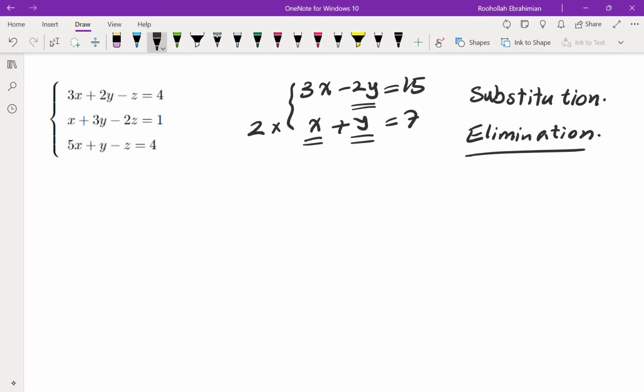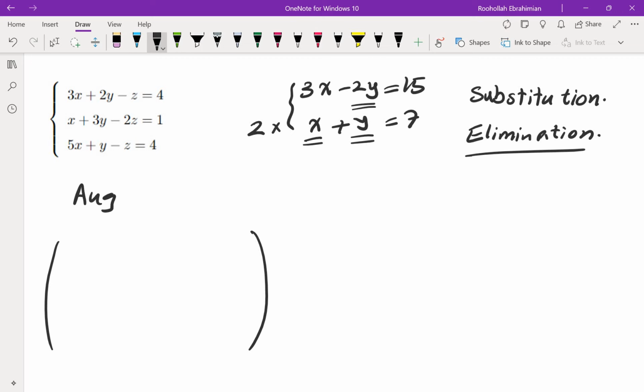So how do we organize our work? Really, if you think about this example, I have three equations and three variables, and that's what I'm going to use to illustrate what we do. Instead of writing down the equations, we really care about the coefficients. As long as we know which variable is the first variable, which variable is the second variable, and which variable is the third variable, I can create a matrix called the augmented matrix